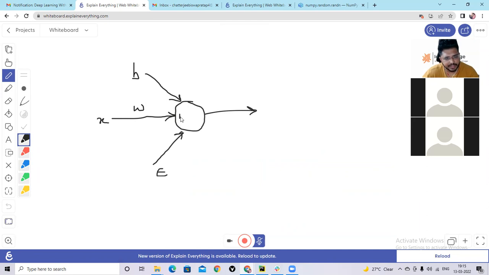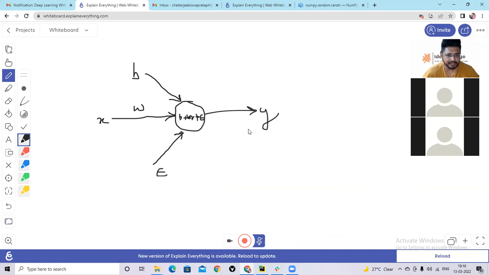What is that? b plus wx plus epsilon, right? This is the linear combination, b plus wx plus epsilon, and that is straight away equal to y.